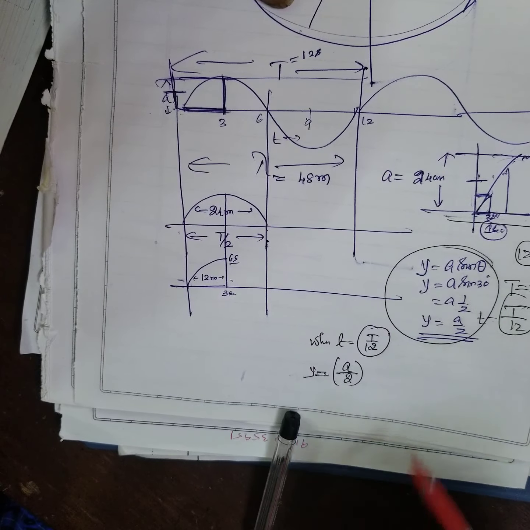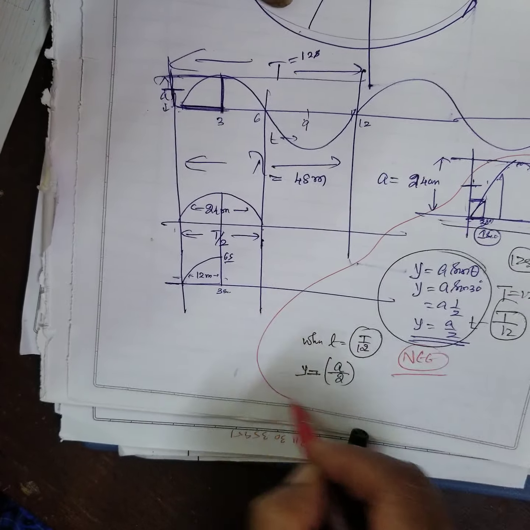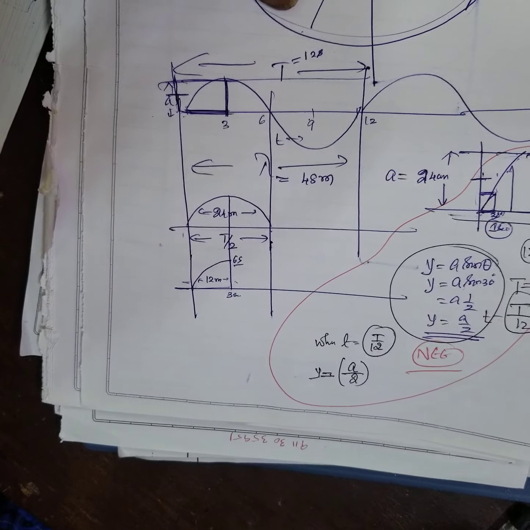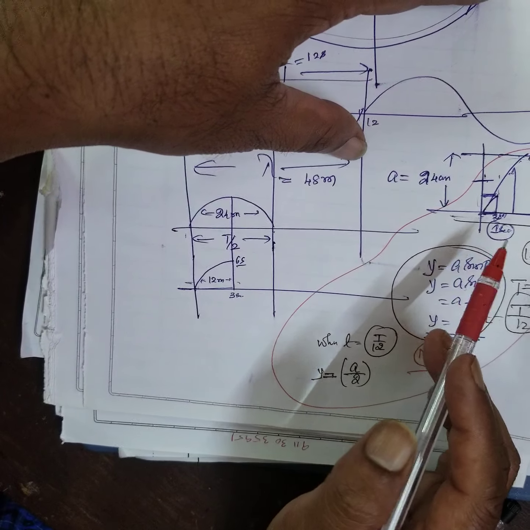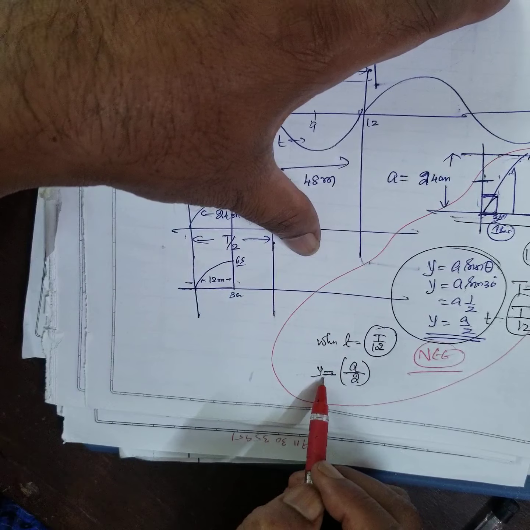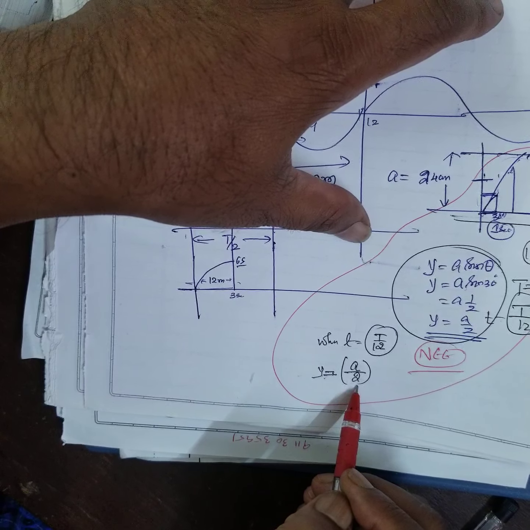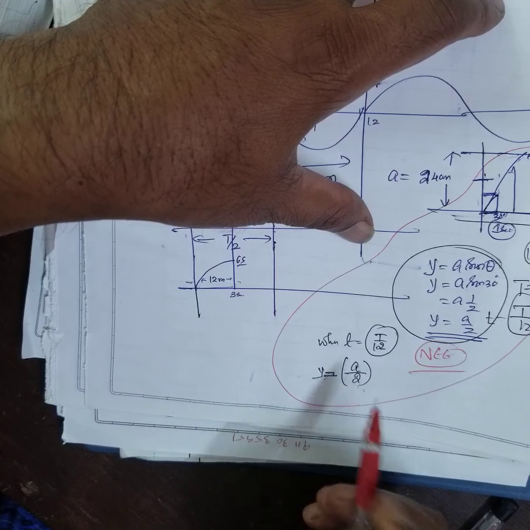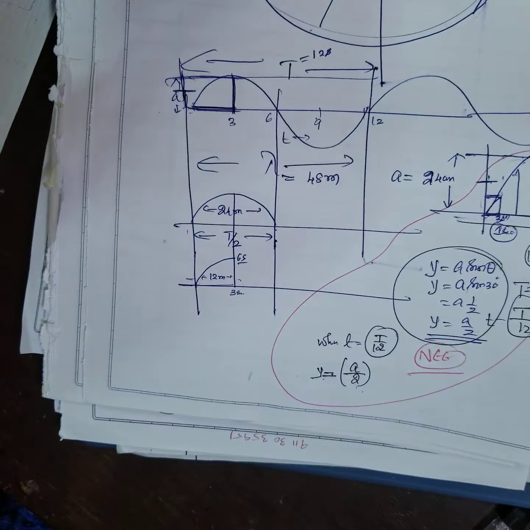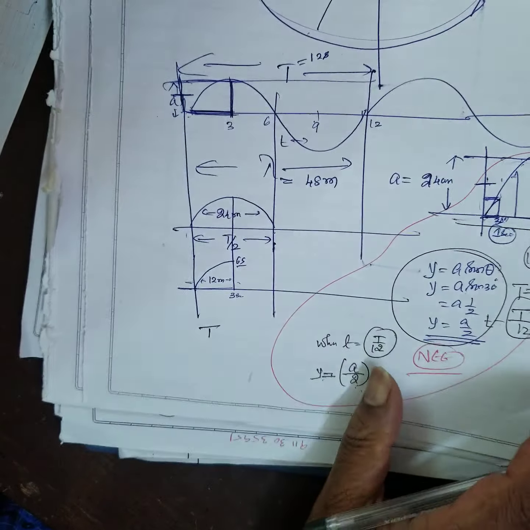See, this they have asked in the NEET and IIT. Nobody has answered properly here. I'll read that out. During the simple harmonic motion, the particle travels a distance equal to half of its amplitude from its equilibrium position. Then what is the period they have asked? See how to solve this.